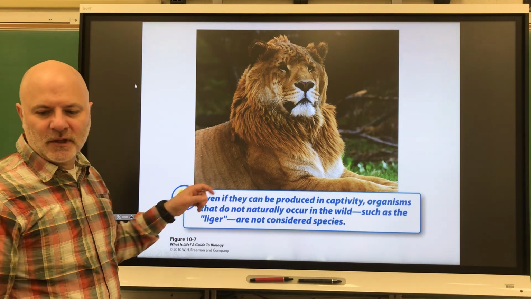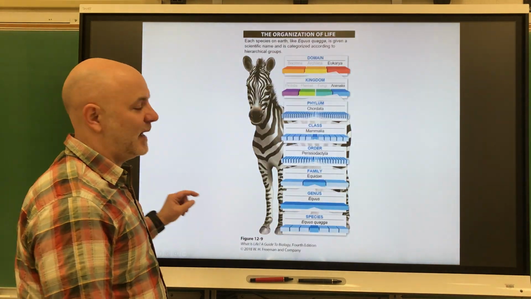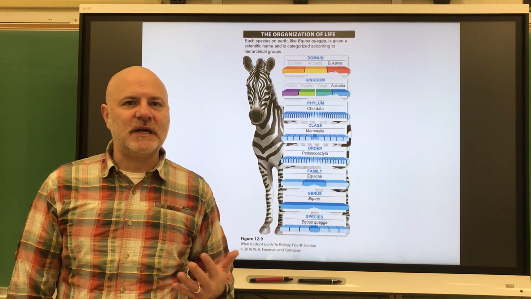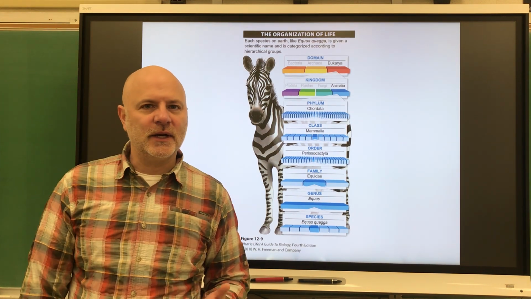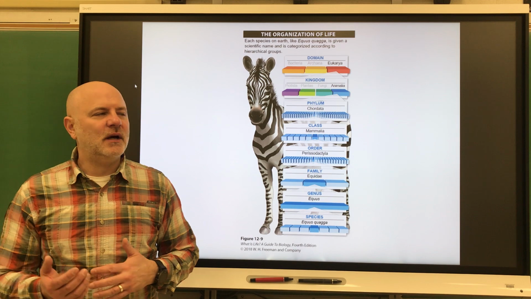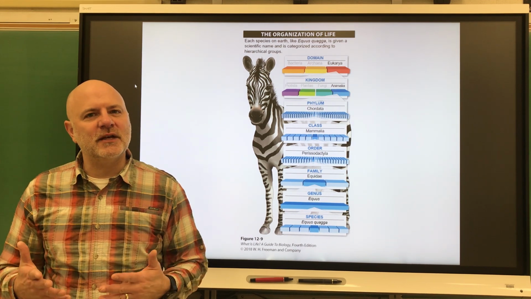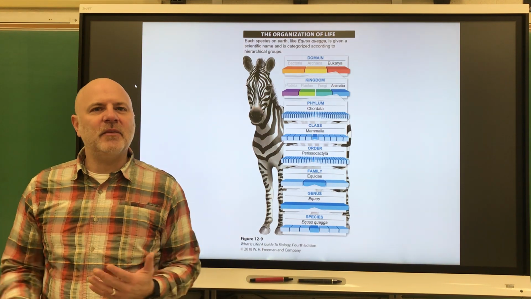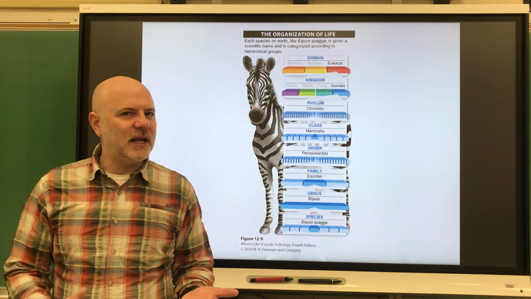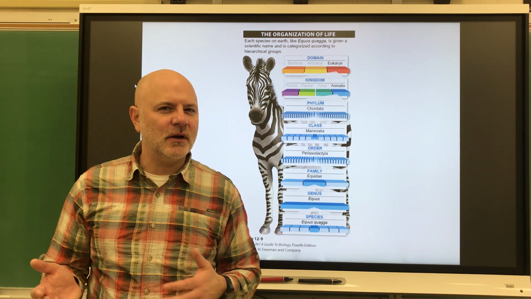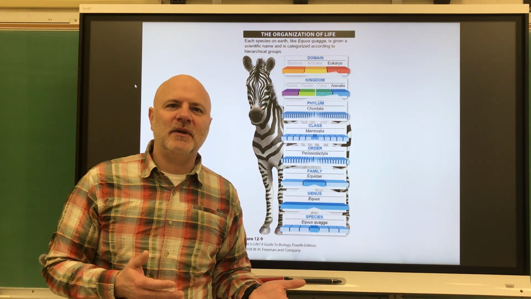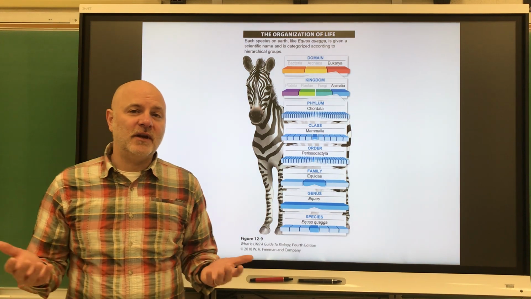All right, so let's move on to taxonomy. And taxonomy is a branch of biology concerned with identifying and classifying organisms. So pretty much as long as humans have had higher thought processes, we've been naming species. And one of the problems with naming species, as I already kind of mentioned, is that if you're in different areas, you will give a species a different name.